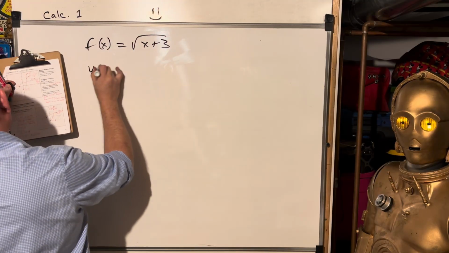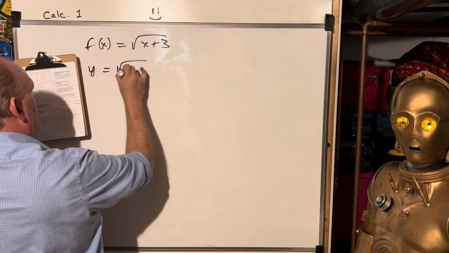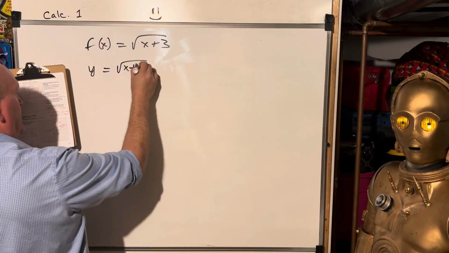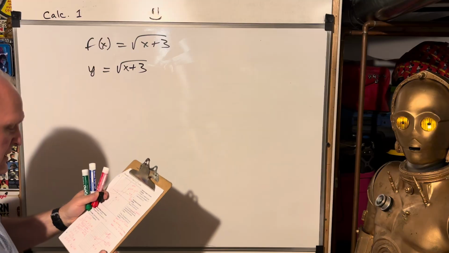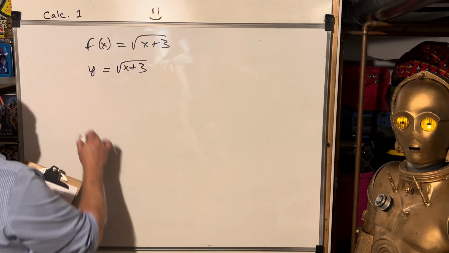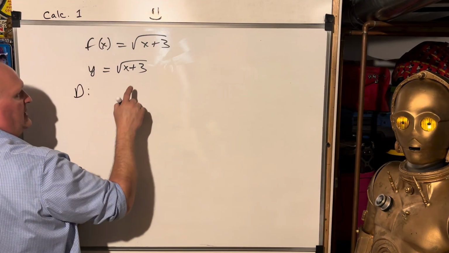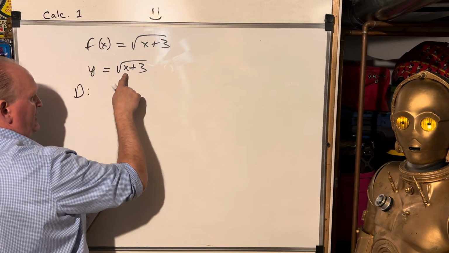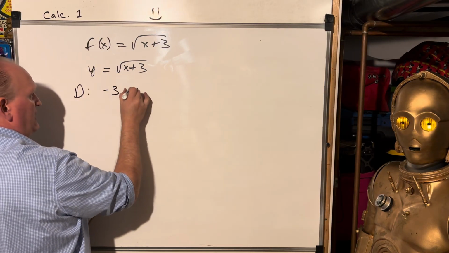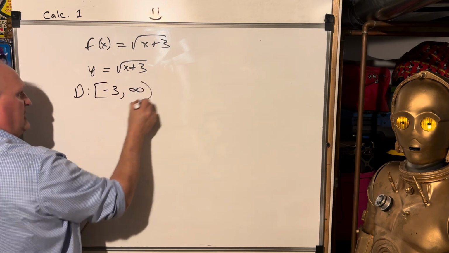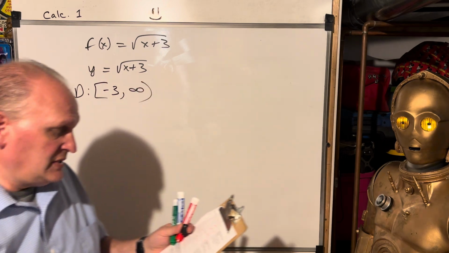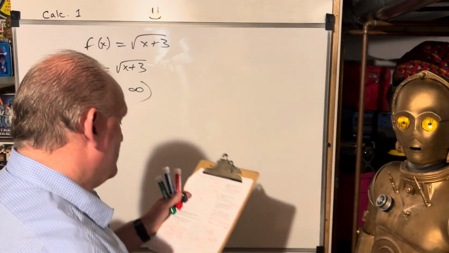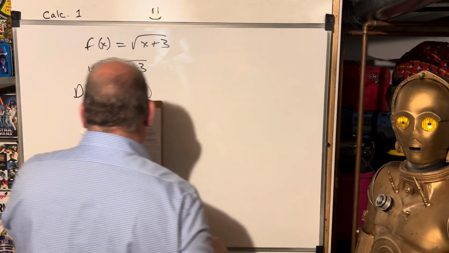Remember, f of x is just a fancy way of writing y. So y is equal to the square root of x plus 3. We're trying to keep it in the real number system, so the domain is -3 to infinity, inclusive. It can be 0. You can take the square root of 0. And then the range of that is going to be